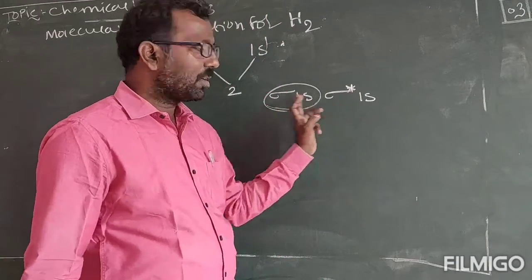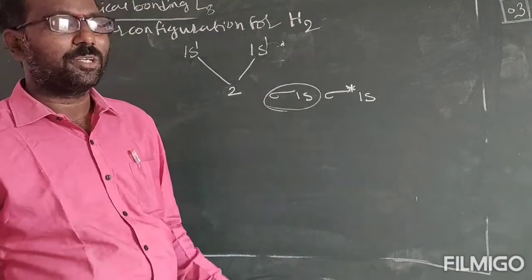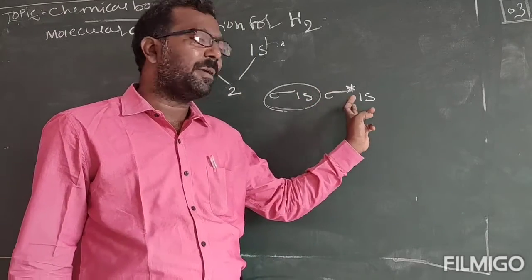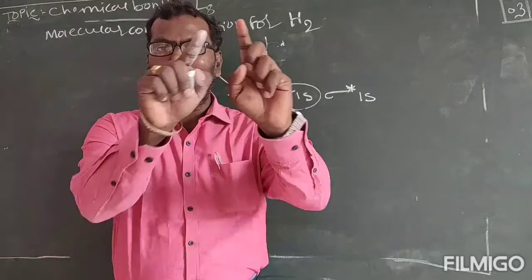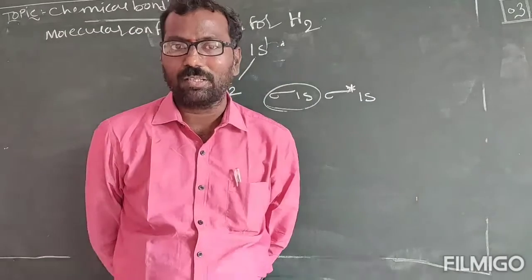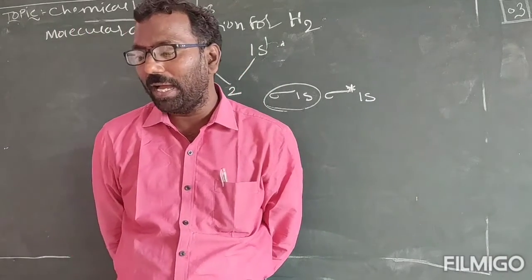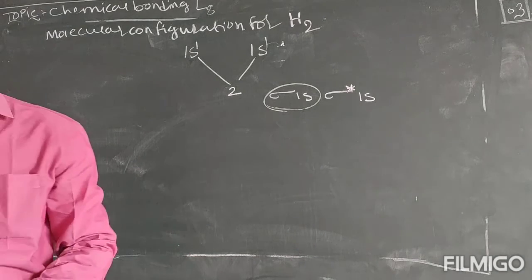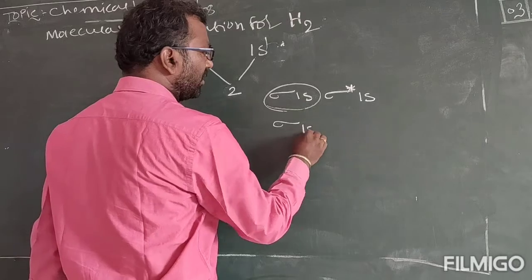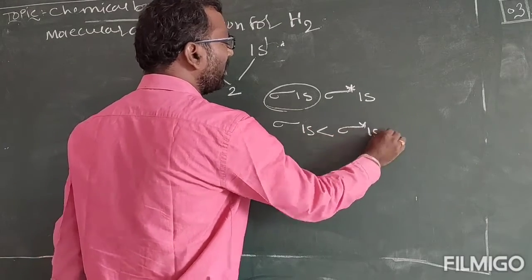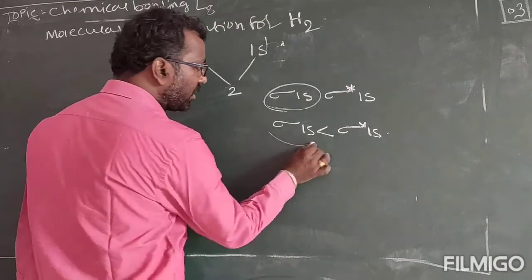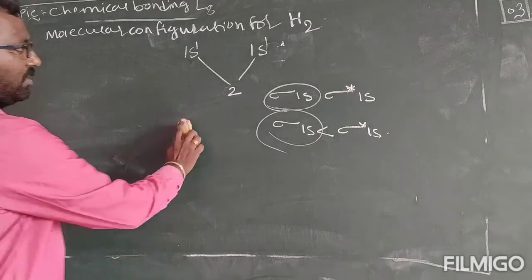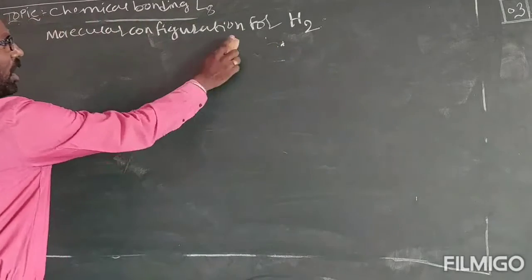In this, which one has the least energy? Either the bonding orbital or the anti-bonding orbital. In the previous video we had a very clear discussion that the bonding orbital has the least energy. Is it or not? Okay, so the bonding orbital energy is less than the anti-bonding energy. So first the electrons will be filled in sigma 1s. So in detail we will see now how.